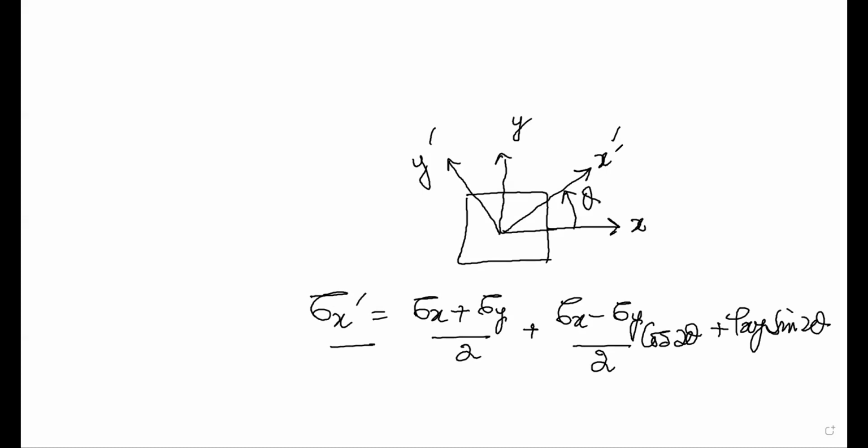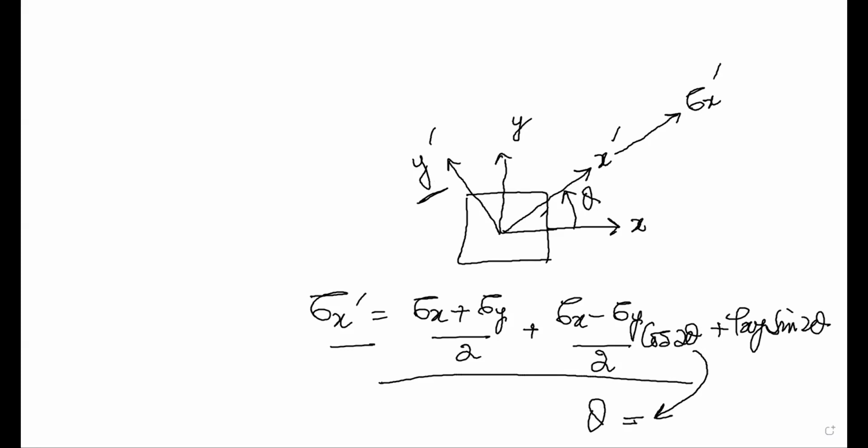This equation gives me the normal stress acting along the x prime axis, isn't it? I have to find the normal stress acting along the y prime axis. How will I do that? In this equation, in place of this theta, I will substitute theta equal to this much. This angle I know, this is 90, and this angle is theta. That is, I will write this as theta prime is theta plus 90. If I substitute theta plus 90 in this equation, then I will get the stress acting along sigma y.